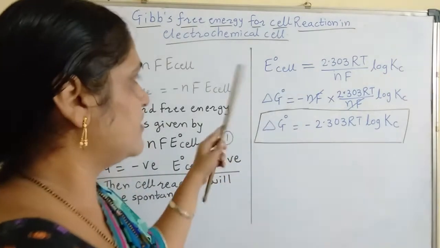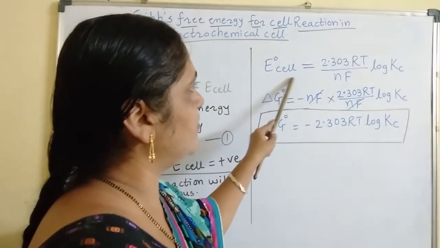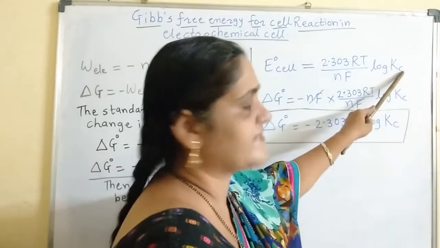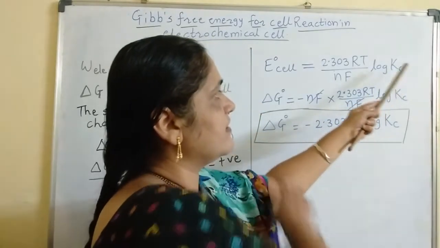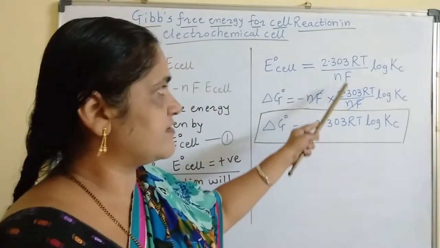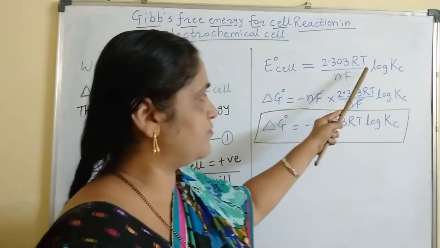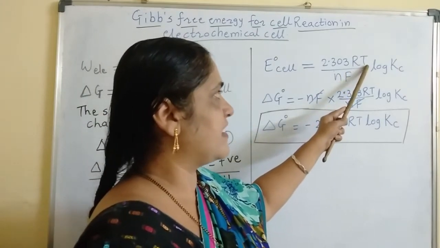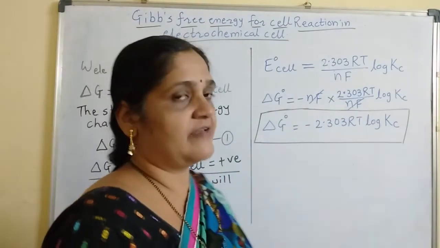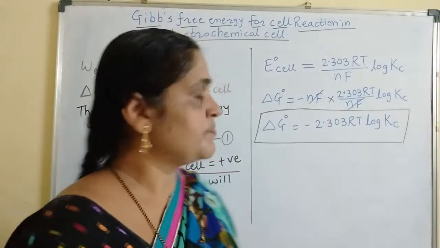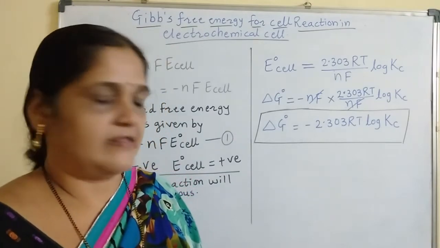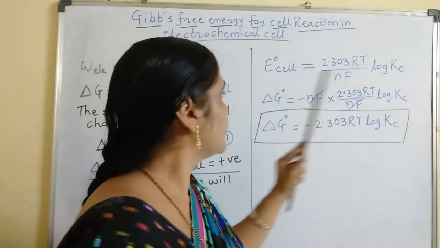Right? So if we are talking about E naught cell, then E naught cell can also be given by the formula 2.303 RT upon nF into log of Kc, where we take the log of the equilibrium constant Kc. R is the universal gas constant, with value 8.314 joule per kelvin per mole. T is the temperature, generally the standard temperature of 298 kelvin. F, 1 Faraday, is equal to 96,500 coulomb, and n is the number of electrons transferred in the redox reaction of the cell.